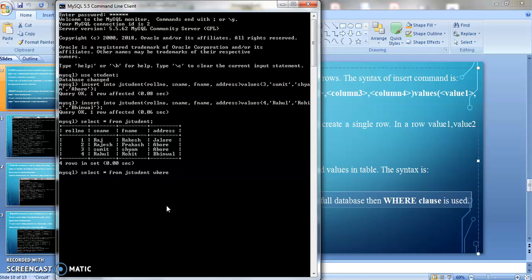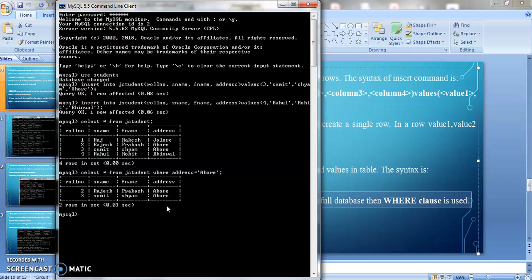So where address equals to Ahor, and then press enter. See, only the data of those students is getting displayed whose address is Ahor.